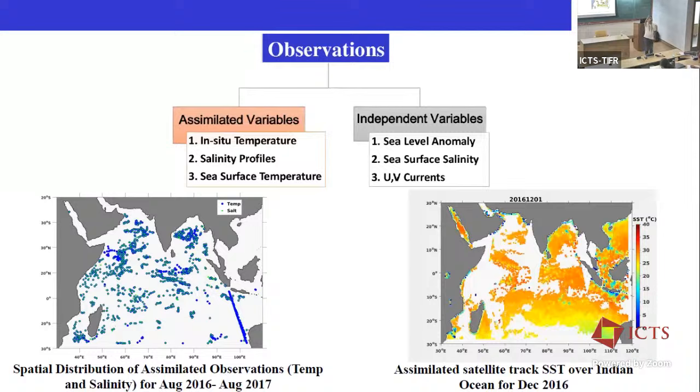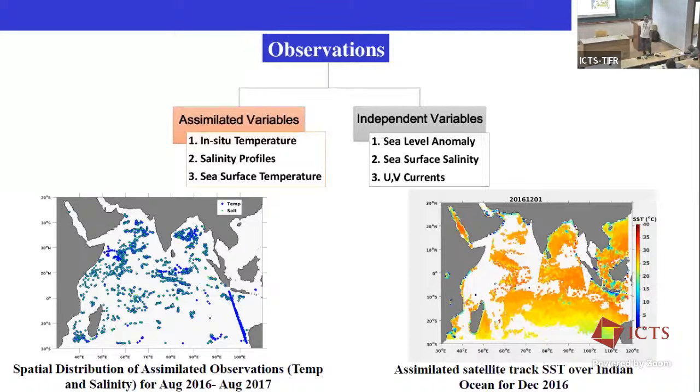Once it comes to the surface, it communicates that measurement through a satellite. Once it communicates, it will again go down, drift for another 10 days, and then pop up again. So this is repeated. These are called Argo floats. There are hundreds of Argo floats in the Indian Ocean.